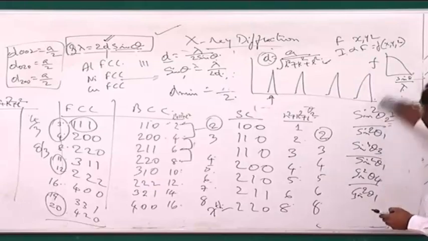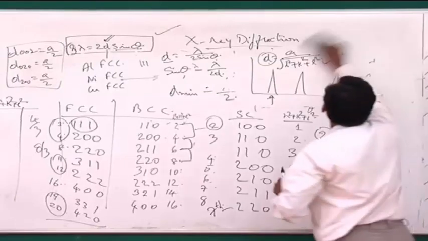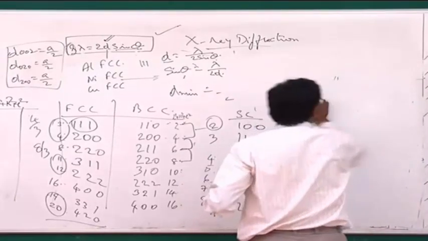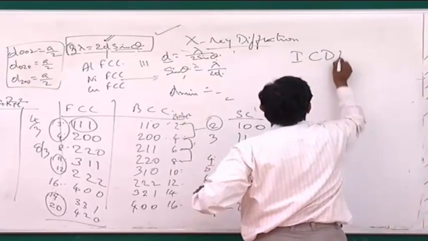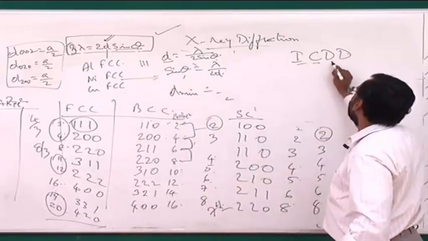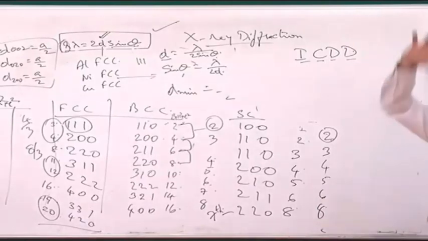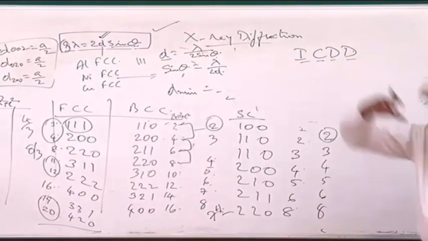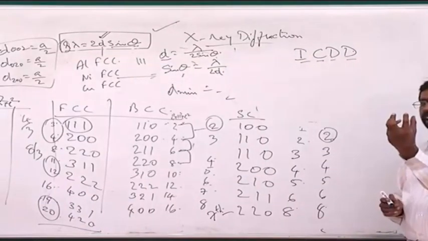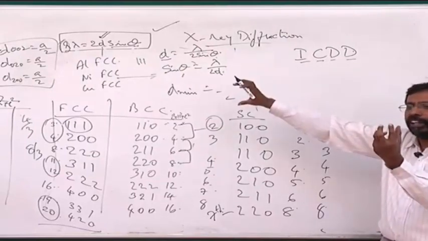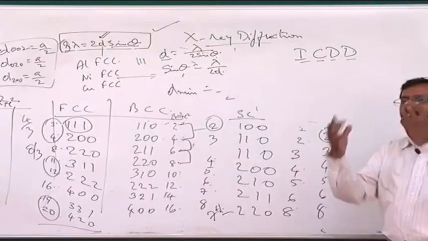But nobody, to be very frank with you, uses all this, because now people have what are called standard handbooks, which are called ICDD, International Committee on Diffraction Data. There is an international committee which looks at what are all the new compounds, new materials that are being made by people. And whenever somebody makes a new material, he does an X-ray diffraction of it and finds out what are all the peaks that are coming out.